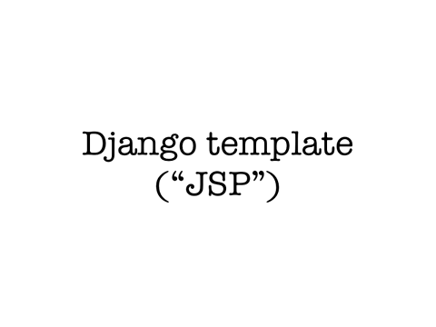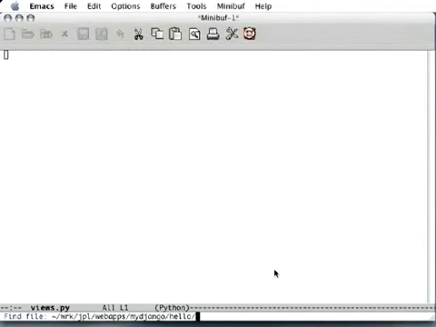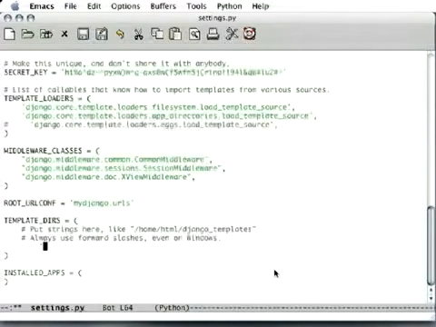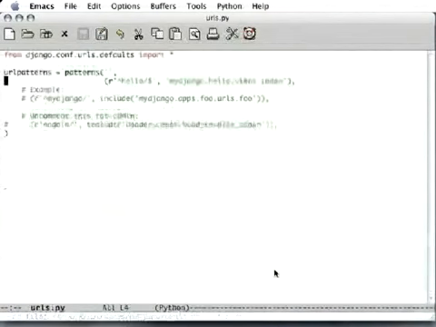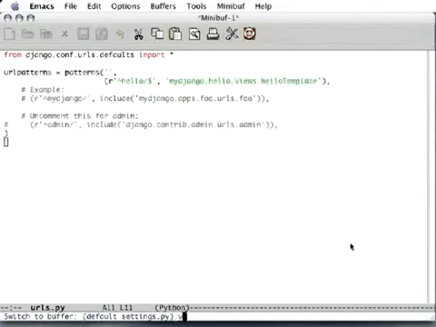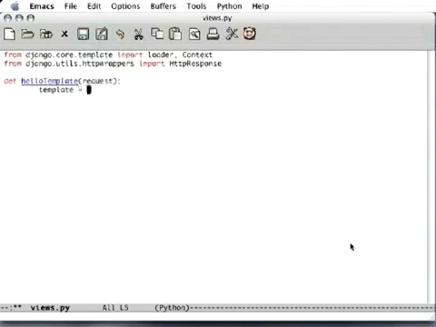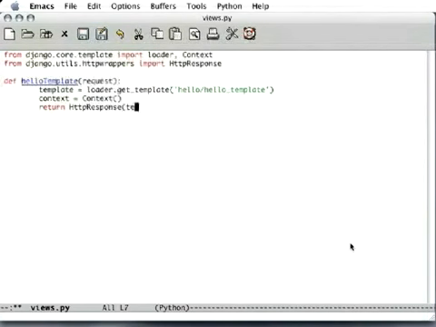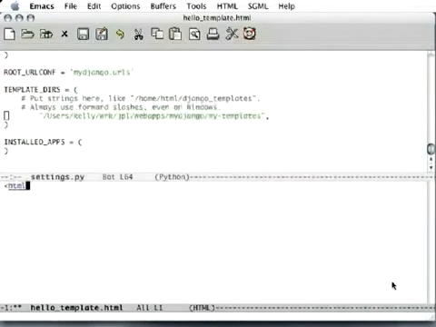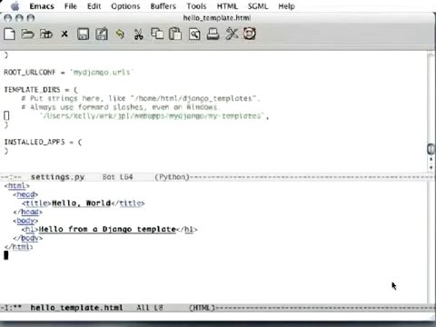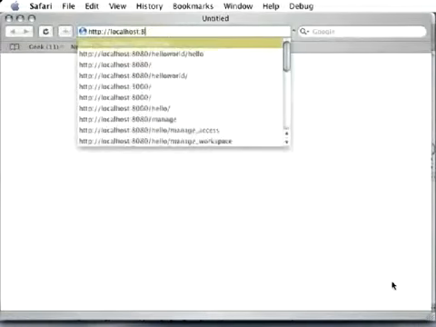Let's try now a Django page template, the equivalent of a JSP. So to do that, I'll go back to my views. Let me blow away everything we have here. I need to edit the settings file again and tell it what directory it can find templates in. So I'm going to call that my templates. I'll then change the URL so it goes to a hello template. Go back to the views file. I'm going to import something called loader to load the template, context, which holds variables for the template, and I need the HTTPResponse again. So I'll say template equals loader.get_template, hello/hello template, context is empty, and then return that page template. Then I can create the hello template, which is an HTML file, says hello from a Django template, save that,